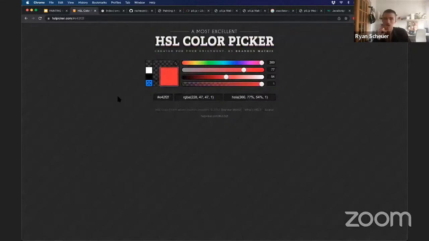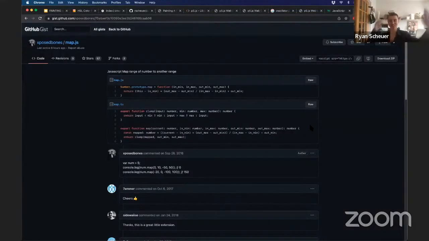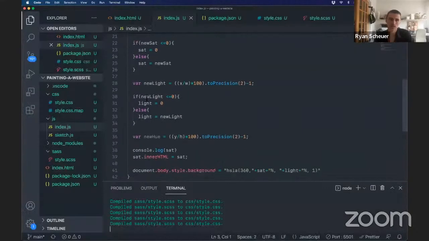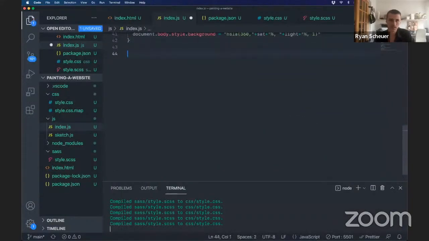If anyone has any other tips, does anyone know math is really my question. In the past, I've used this function here, which I've seen a bunch. P5.js actually has a built-in function that does this. But let's just call it